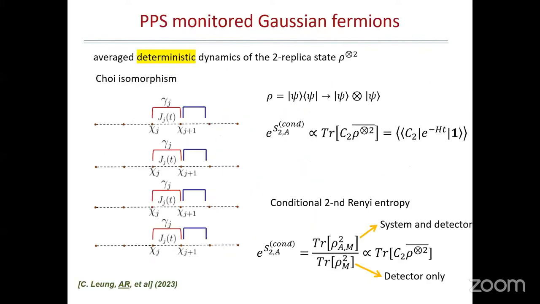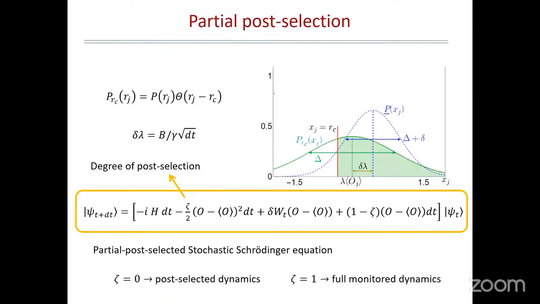Okay, so the first one is easy. A partial post-selection. What I mean is, if you look at this green curve there, that's a probability distribution of the result of the measurement of a single qubit. So if you do a post-selection, what you will do is cherry pick a single one of them, and then you repeat by always keeping that value. That's what will be post-selected. What I mean by partial post-selection is that I still take a bunch of values, but not all of them, so only the shaded part of the distribution.